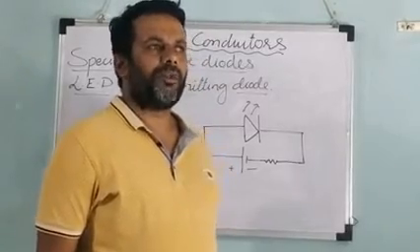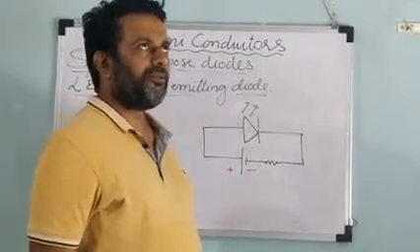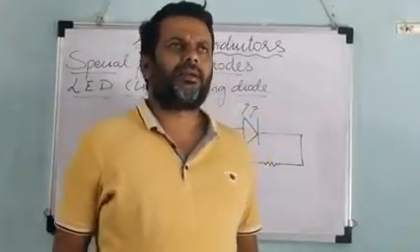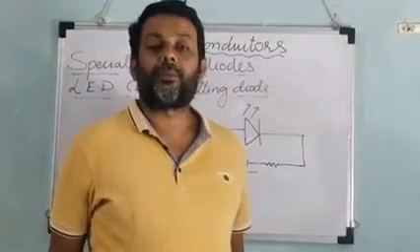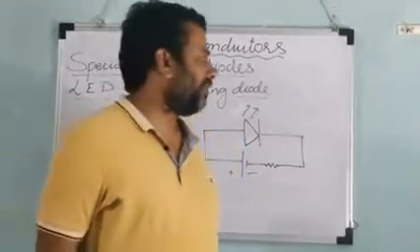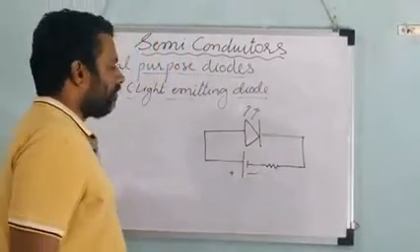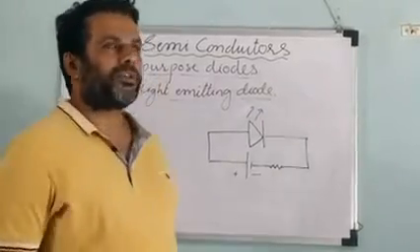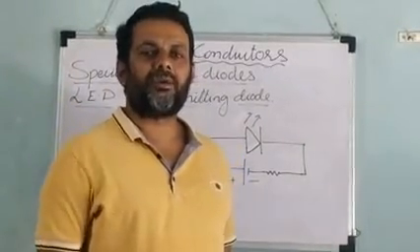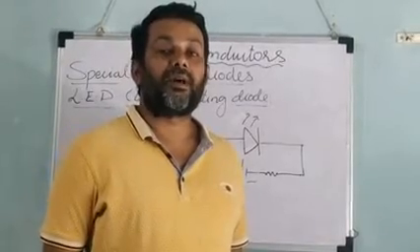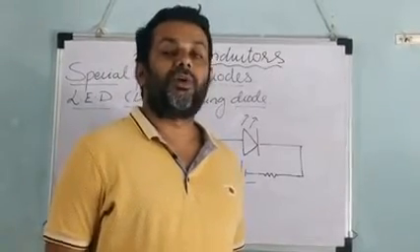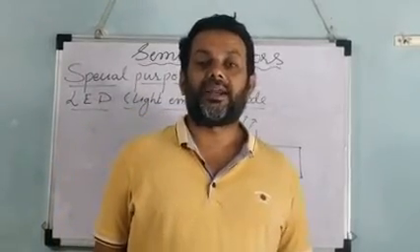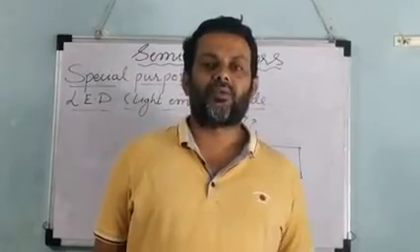Okay. The first very important special purpose diode over here which we will see today is LED, that is light emitting diode. Okay. It's a diode which is heavily doped and it is operated in the forward bias. Now see here what happens. If suppose a diode is heavily doped and when it is operated in forward bias, then the electrons from the N type will cross the junction and reach to the P type, and here they combine with the holes. So this recombination of the hole and electron is the source of the energy which is emitted in the form of the light by the diode.